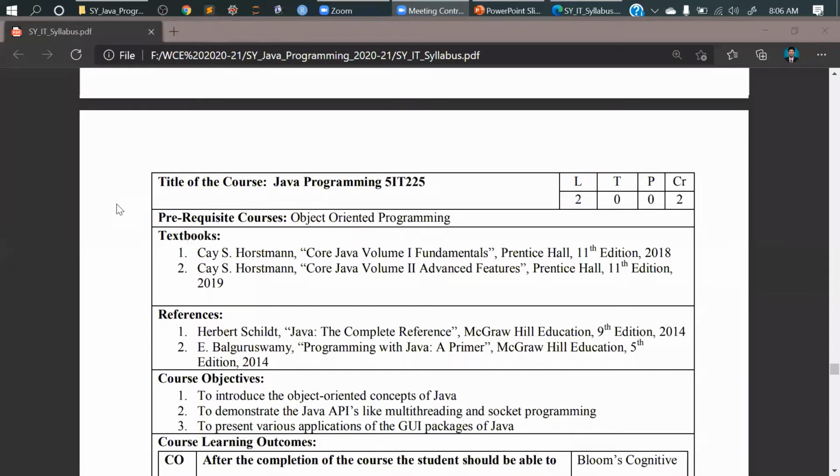There are two textbooks and one reference book, which is very good, named Java: The Complete Reference, whose author is Herbert Schildt. You can have this PDF freely available. As and when your Moodle accounts are created and a new course is created for Java programming, I'll be sharing the course contents for these textbooks on the Moodle accounts so that you can easily have those textbooks. If you are going to download them, download the latest versions, which would be beneficial for you to study through this course.